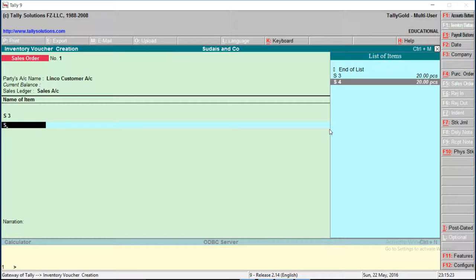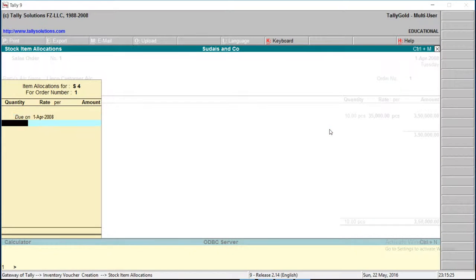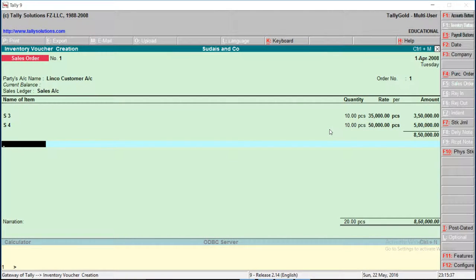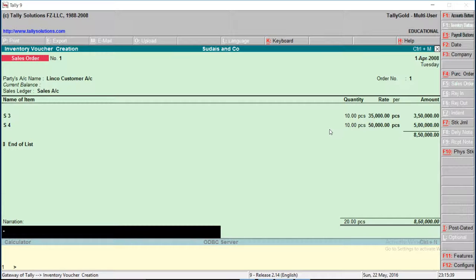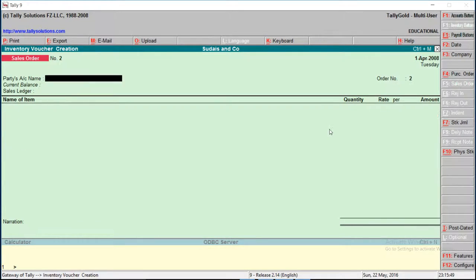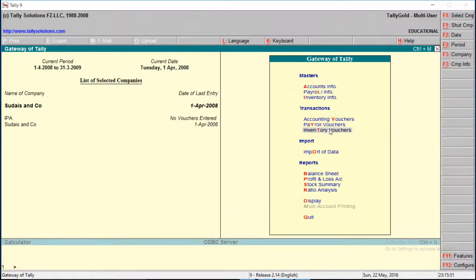Our customer also needed S4 mobile, quantity 10, rate 50,000, enter. Sale order for the above items, escape.